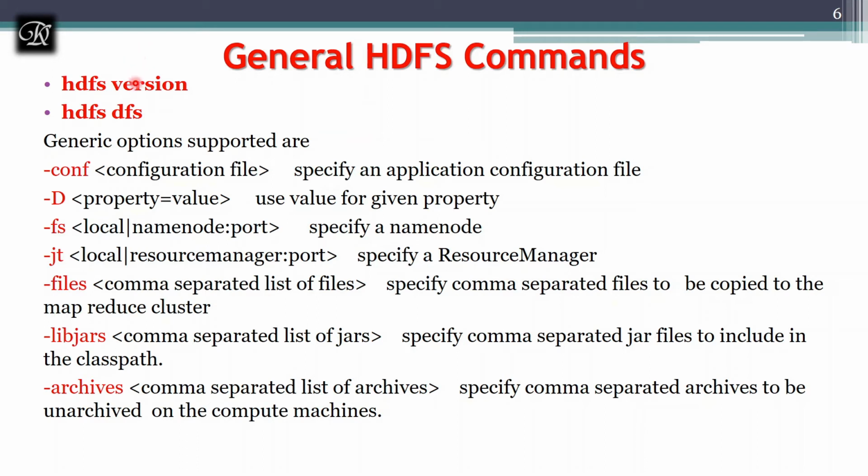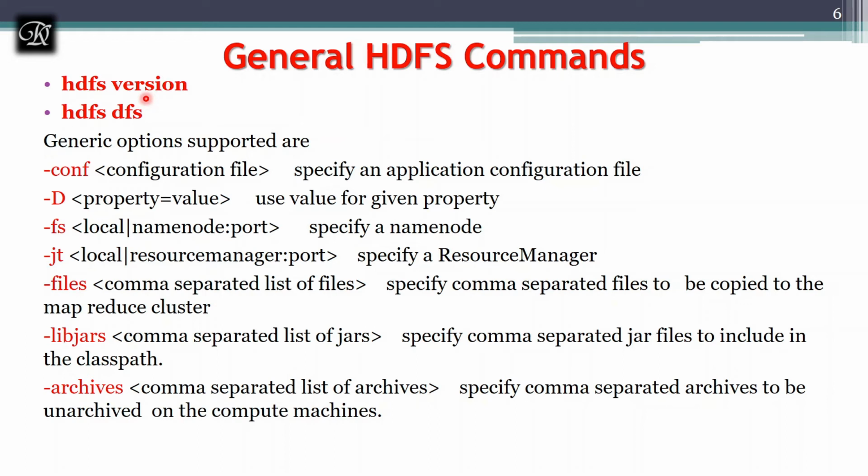You are already aware, if you are in the 4th semester, I think you have studied the Unix subject where you have seen the Unix commands, like how to check the version of a particular software, where we have used the version command, prefixed with the respective software. Here we are going to check what version of HDFS we are running. That should be prefixed with hdfs version. You can even check the Java version. I have cited and explained all of these things in the Hadoop configuration on my website. You can check it out.